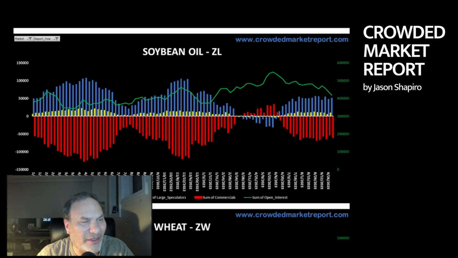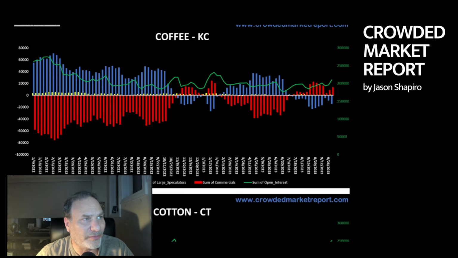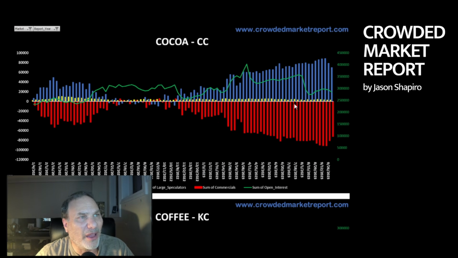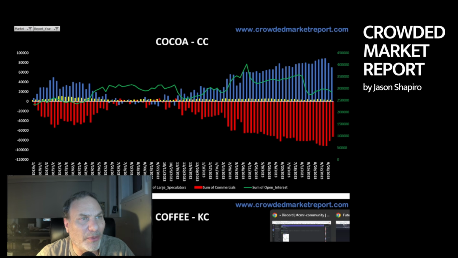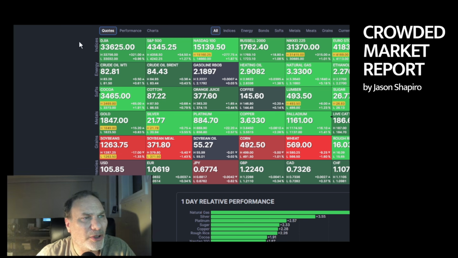I don't really want to get into livestock. But like here, even softs, okay? Cocoa started showing massive long positioning by speculators, right? And then we can go look at what happened with the cocoa chart, right? And I'm cheating a little bit here, which I'll get into, but